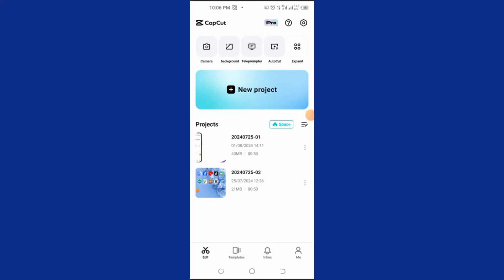Today in this video I'm going to show you step by step how to change video background in CapCut. This is very quick and easy. Let's jump right in. First of all, you have to open CapCut, and here you have to click on new